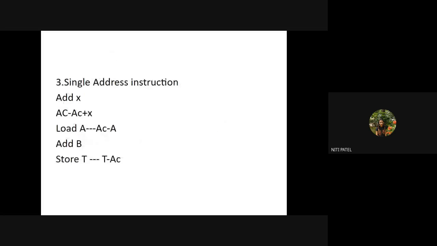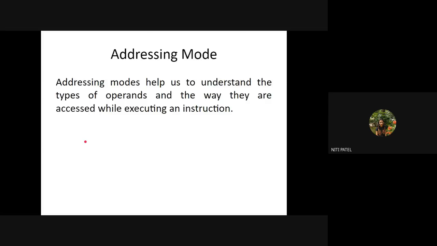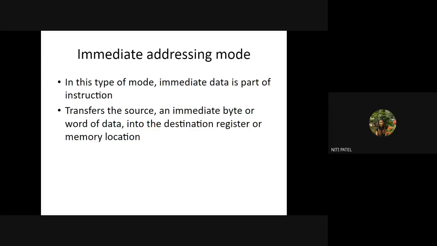When I'm making a set of instructions, these instructions have to be understood, or we have to identify what type of instruction it is, what this operand is going to do, where it is going to transfer the data, and what operation it is going to perform. So all these details are given by whom? They are given by the addressing mode. That is, what type of operand is used and how it is to be accessed in execution is told by your addressing mode. Now let us see the first type of addressing mode, called immediate addressing mode.